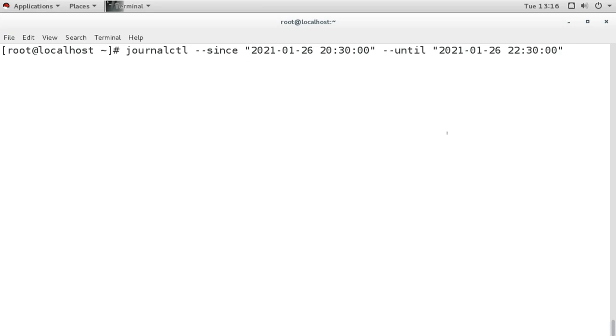Then if we want to see the messages in detail, we can go for the -o option. -o is for output, and what option we want, we can go for verbose. Now verbose means it will show messages in very much detail like this.